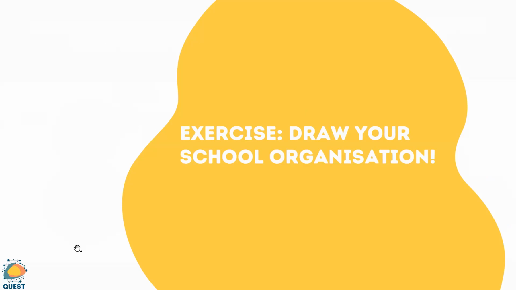Here I wanted to propose an exercise to draw your school organization. I don't know if you are interested in doing this, if you have already done this or not. So the idea is taking 5 minutes and redesigning your school by using the circle method, so by using one mission circle, one general circle, and dividing it then into different operational circles. Would you be interested in doing this exercise?